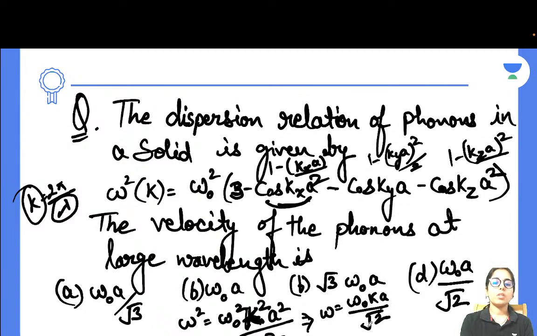When you want to find the velocity of phonons, that will be d omega over dk or omega over k. Both are giving us the same answer here, which is omega naught a over root 2. Hence your option D is the correct one. Please let me know if anybody has any doubt, we can consider that part then. But if it is clear, we'll take the next question. If anybody has a doubt, they can mention it in the comments, guys. Otherwise, next question is,